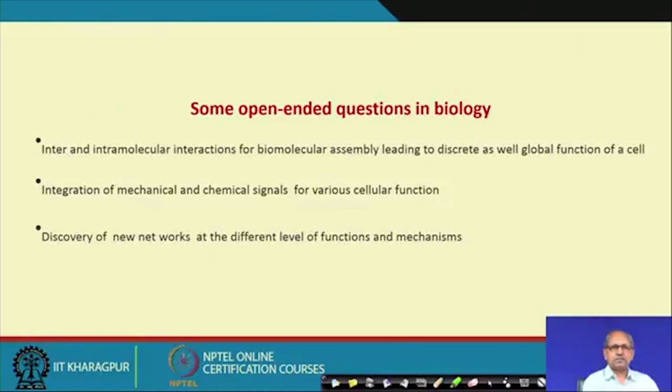and apoptosis. And how is the integration of mechanical and chemical signals achieved for various cellular functions? Because we know biochemical functions more than mechanical functions or mechanical signal transduction. How are these two processes integrated for cellular functions, and the discovery of new networks, or you can say hidden networks